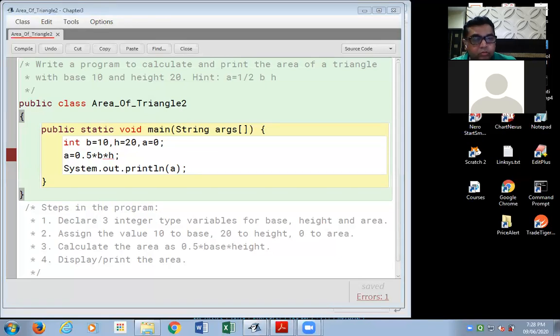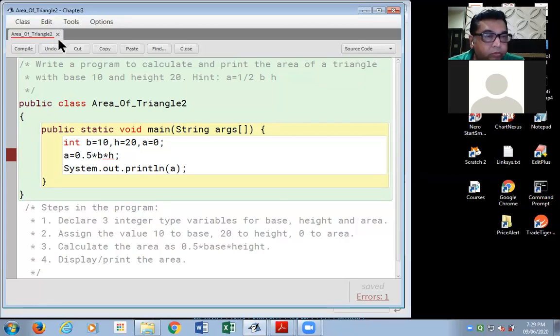So could you hear me? So can you hear me? Go further now. So can you hear me? Program is done. I'm compiling my program. Okay, I wish to compile my program. One moment. I'm getting this underline over here, area of triangle 2. Just check, let us check up what is the mistake.